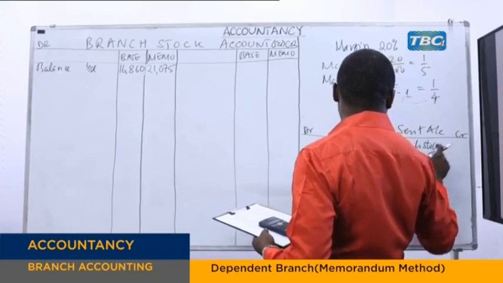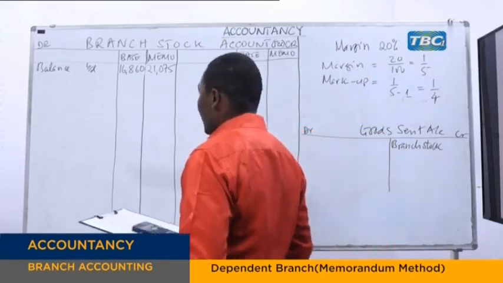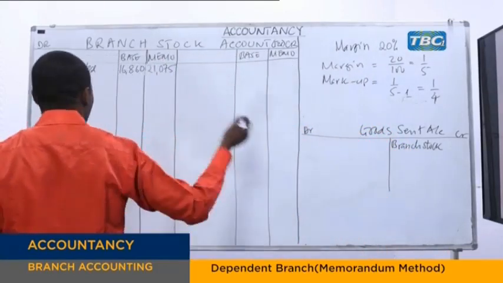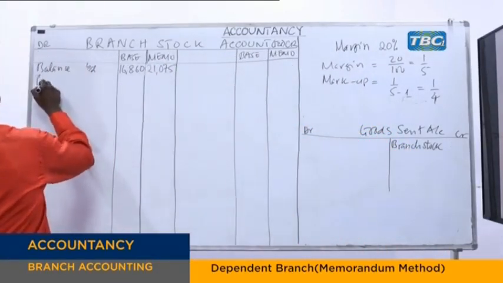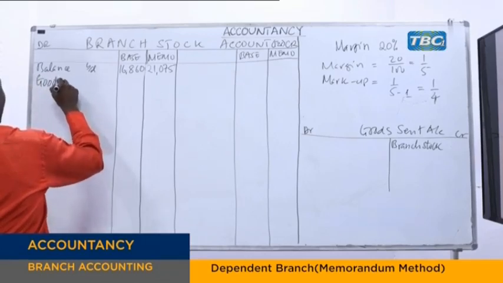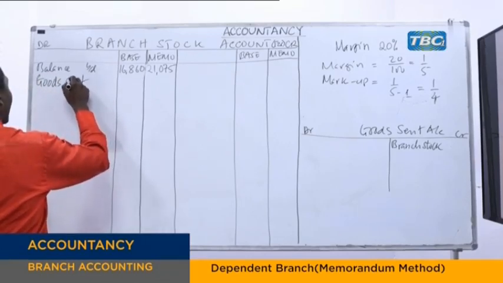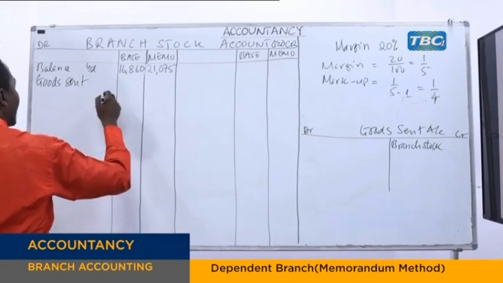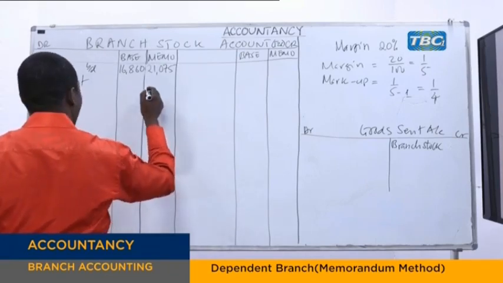So we need to compute the cost price. We debit here the branch stock by writing goods sent. It was at selling price, that is